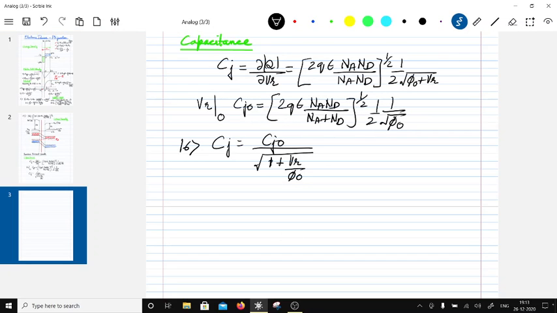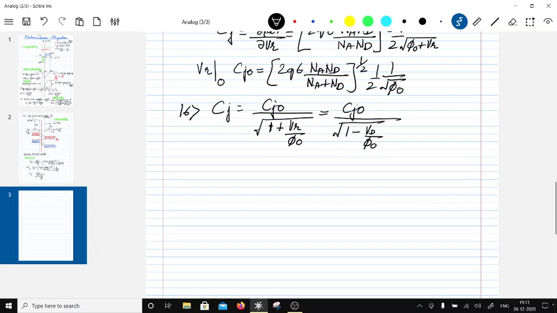This is capacitance. Now the capacitance is a function of reverse bias VR, right? We can write this as a forward bias also. This will be equal to square root of 1 minus Vd over xi0. Now this is asymptotic at xi0, Vd equal to xi0, and at that point the capacitance should become infinite, but this expression breaks down,